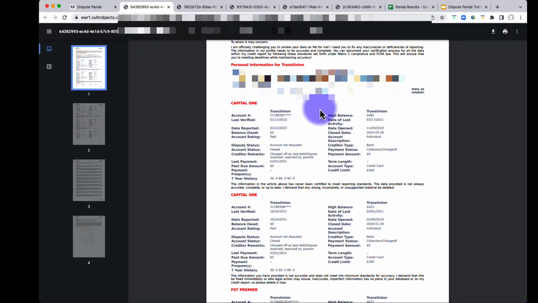As you see, TransUnion, this is a TransUnion letter. So we're only sending TransUnion data to TransUnion. We do not waste paper by sending Equifax data to TransUnion or Experian data to TransUnion because it doesn't help. So you'll see your